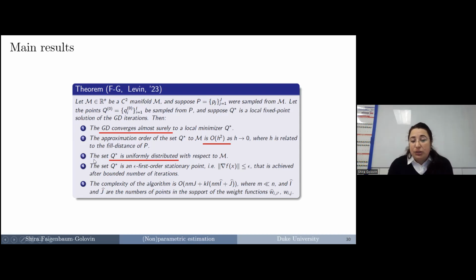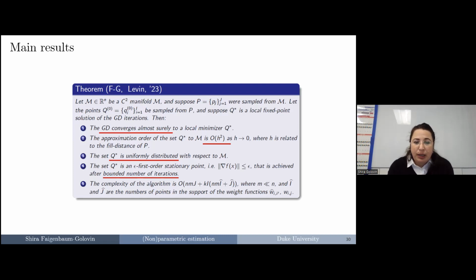Also, we are able to prove that indeed, because of the second term, the result is uniformly distributed on the manifold itself, what we wanted actually to achieve, but now we're able to prove it theoretically also. Also, we're able to bound the number of iterations that the gradient descent will need to be executed in order to converge to the local minimizer, and it depends on the initial sampling of the points from the original